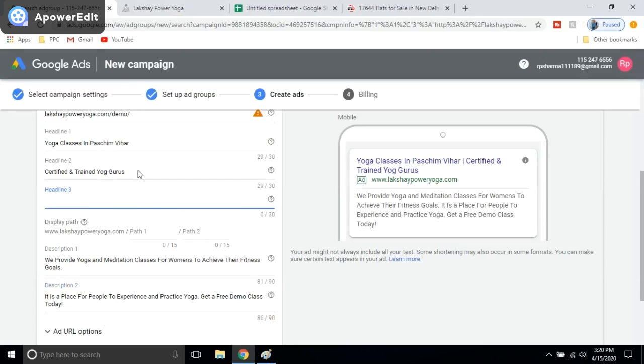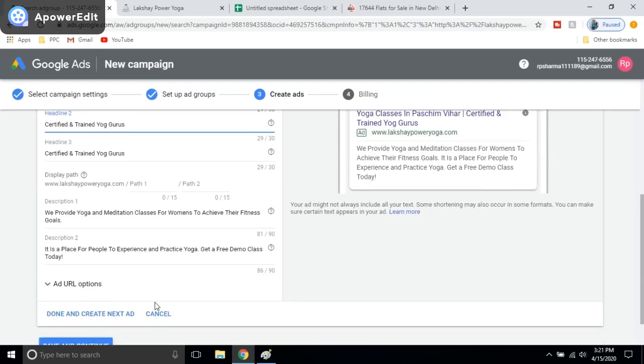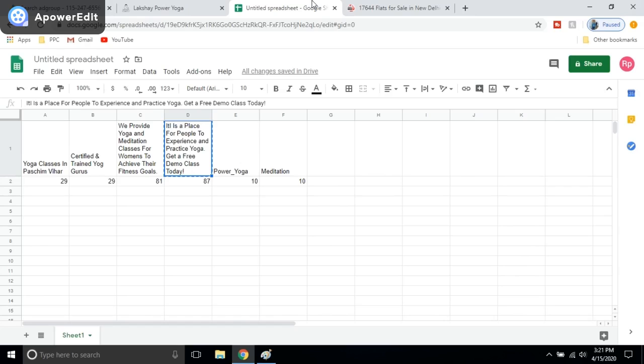As I have not created headline 3, I will copy and paste the same headline just to quickly create the campaign. Otherwise these headlines should be unique. Now after creating the ad, we will proceed. Now we have to mention path 1 and path 2 as well. It is not mandatory, but it is good to utilize your maximum space.